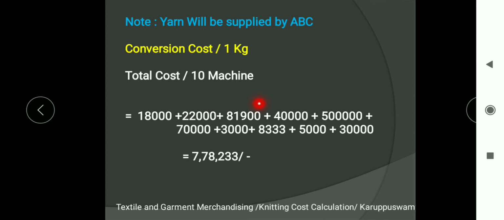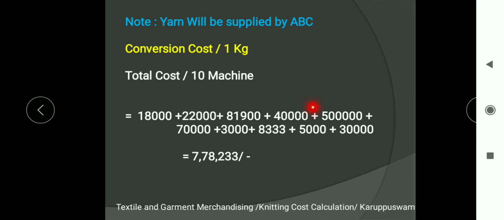And then your labor's salary. As I said in the beginning of the video, you will be spending around 300 to 350 rupees for one laborer. So for one day you will be having almost 9 laborers, so you have to spend almost 3,150 rupees. So for 1 month, that is for 26 days, you have to spend 81,900 rupees only for operators.